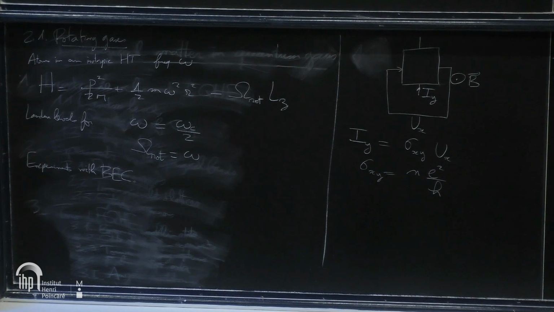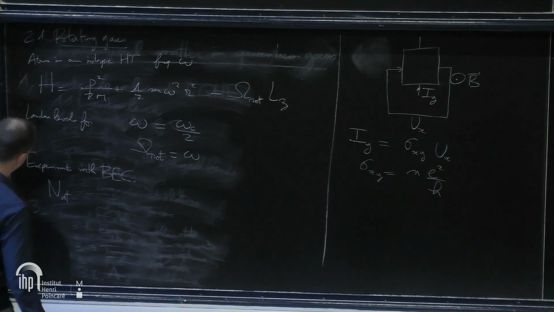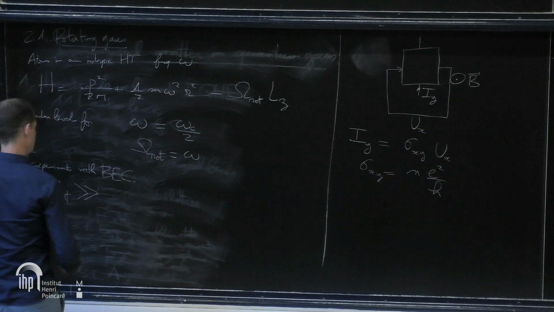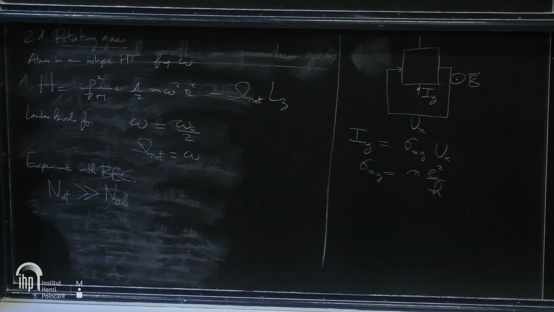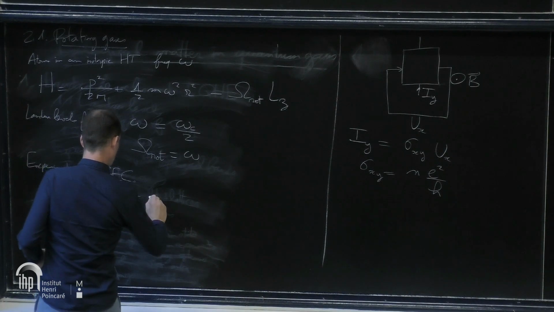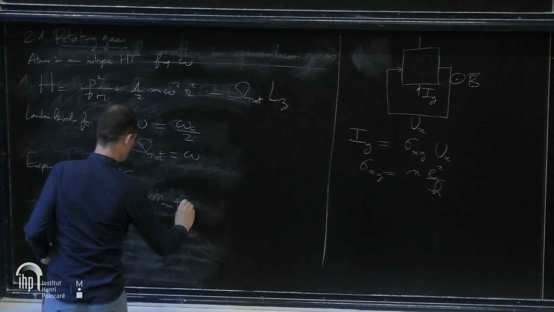And there, the situation is that those experiments were performed with many atoms. So N hat was much larger than the number of orbitals of the lowest Landau level, which is, if I keep the same notation, m max plus 1